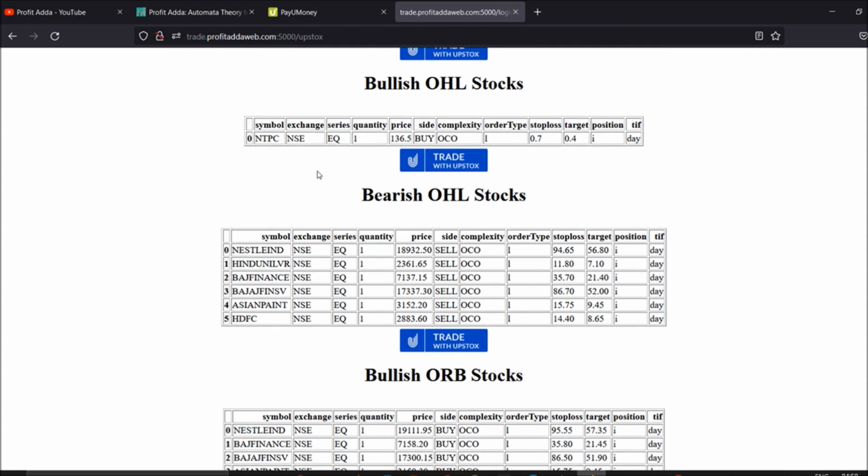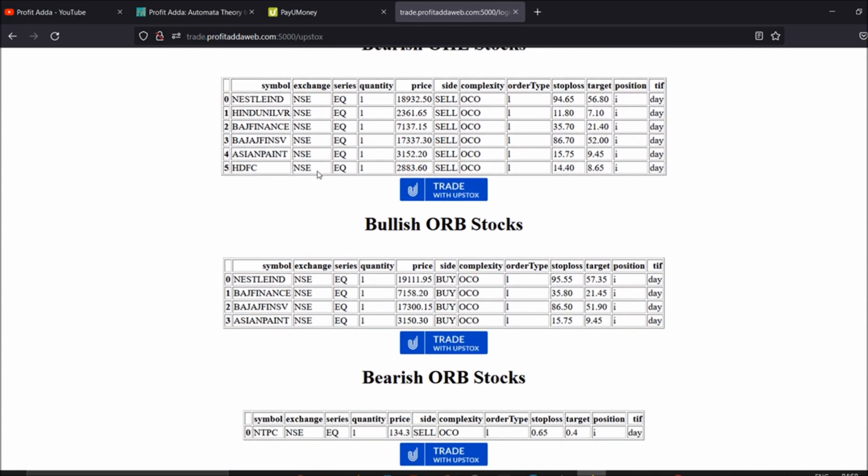So for the reversal, I go for ORB. I'm checking the opening range breakout, which I'm talking about, and after 10 minutes you can check in the terminal. Whenever you see stocks in gap up and gap down, especially bullish and bearish, considering open equals high and open equals low, suddenly it gets into reversal. So after 10 minutes you should come and check